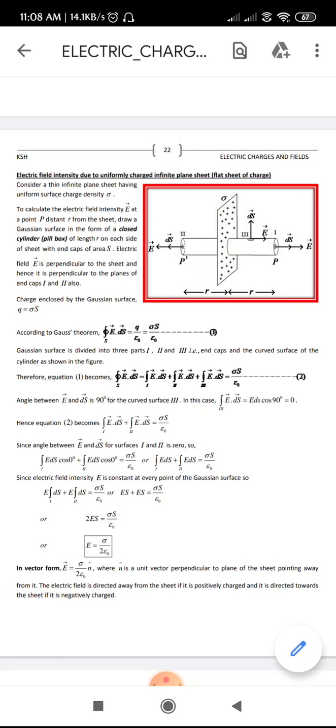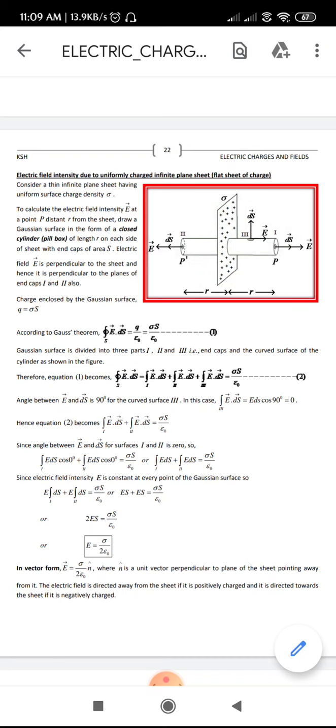Okay, in order to find the electric field intensity at point P at the first part, what we have done is we have taken a small element. As you know, the area vector will be perpendicular to the surface. So the area element will be directed towards the right, normal to the surface. Since the positive charges have been enclosed in that sheet, the electric field will be away from the sheet, right? So E will be along the direction of the area vector itself. So the angle between vector ds and vector E will be equal to 0.